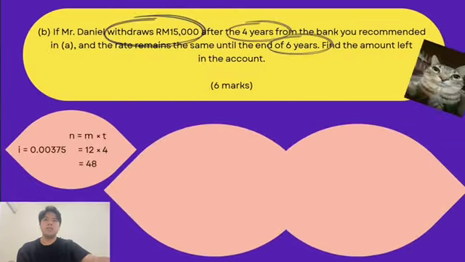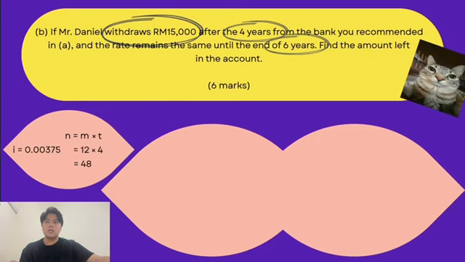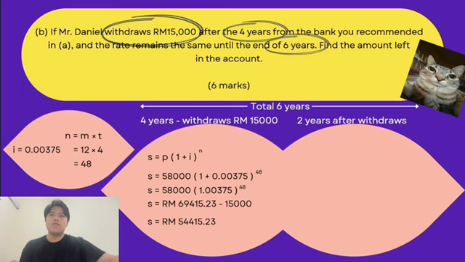Next question. First, find the important information. So we agree that Omega Bank is the better bank to invest in for Mr. Daniel. So I remains the same, but N we change, so you will get 48. Next, first find the amount at 4 years and minus the withdrawal of RM 50,000. So first, using this formula again, S equal P(1 plus I)^N, and substitute all the numbers and you will get 69,415.23 first, and minus 50,000 because he withdrew 50,000 after 4 years. So you will get